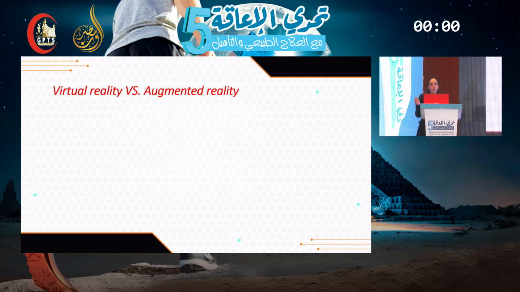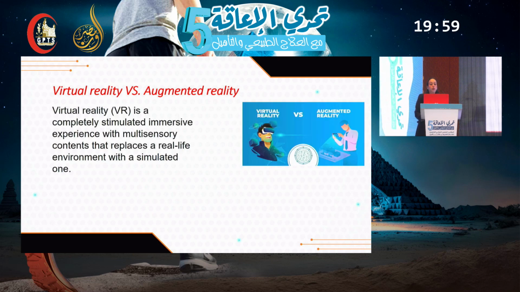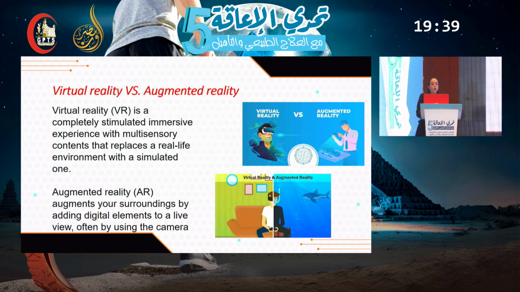What is the difference between both of them? Virtual reality is immersing the individual totally and completely in a simulated environment, in a state of a real environment which he lives in. This environment is customized and personalized according to the individual's needs and capabilities. Augmented reality is just augmenting the surroundings of the patient by adding digital elements to real life by using